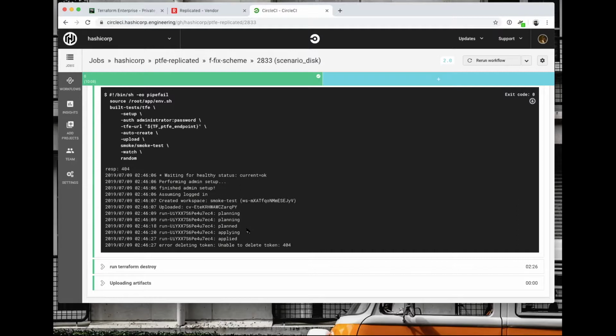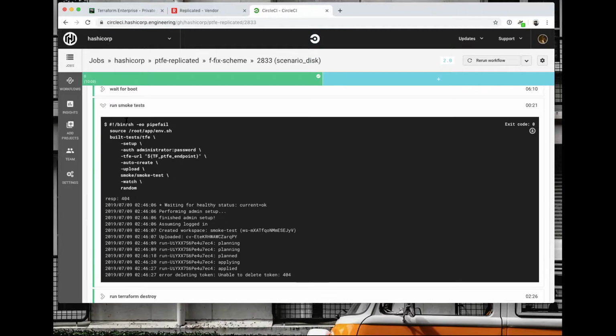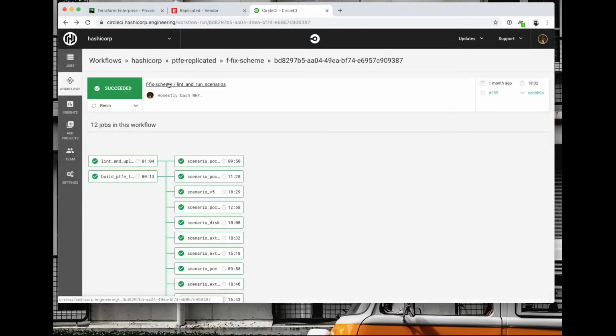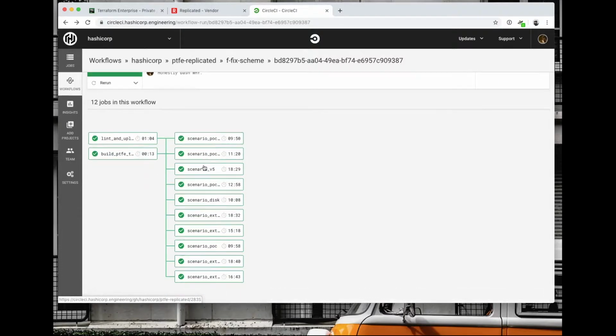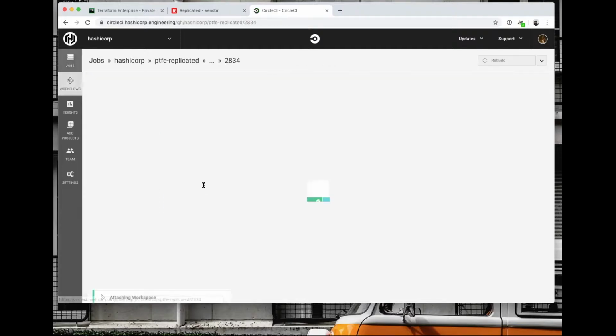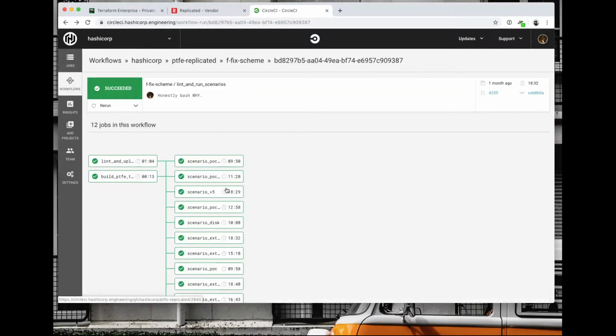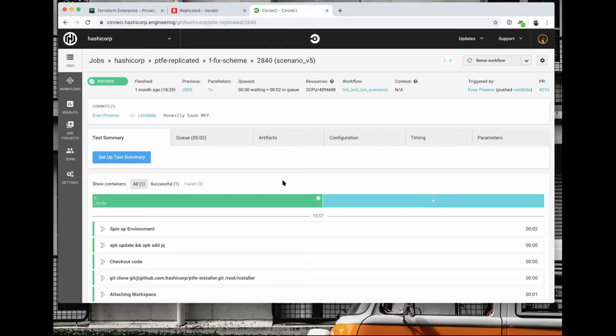Yeah. And so on every developer branch, CircleCI is spinning up a brand new instance and then installing PTFE end to end on it. Yes. How many of these instances? 1, 2, 3, 4, 5, 6, 7, 8, 9, 10 instances simultaneously, and it goes off and tests them and then destroys them. And those are just EC2 boxes? Yeah, it's all set up inside an AWS account that's just for testing, so that it can be blown away. We can clear all the resources if we need to. This is actually our V5 one that will go off and set up.